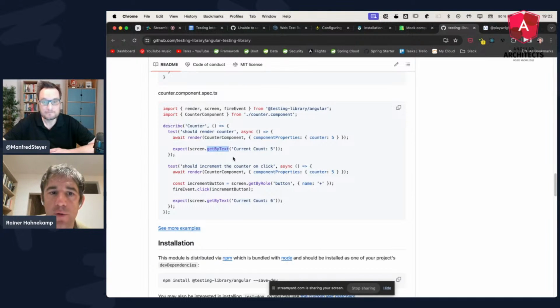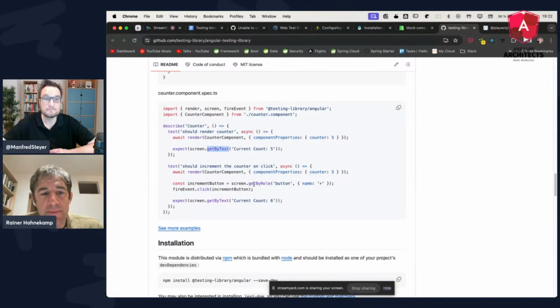There are some internal functions there, especially those functions which start with find. So if you say screen.findByText or screen.findByRole, then you first of all have a promise, but inside of this asynchronous task, they are making sure that the asynchronous tasks are executed and also that the change detection is executed. So you very rarely see a detectChanges command or a tick command when you use the testing library.